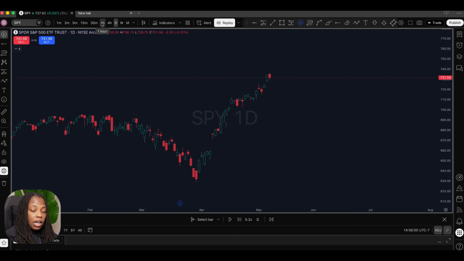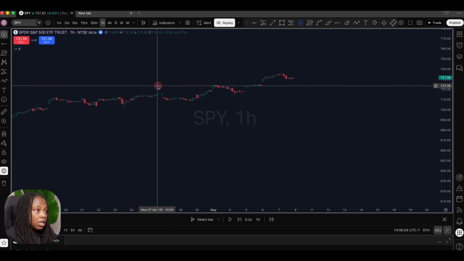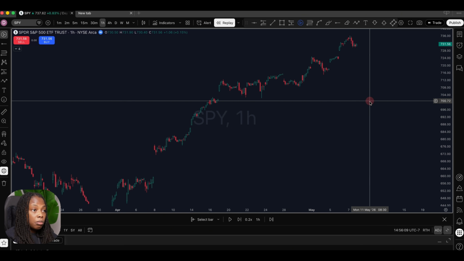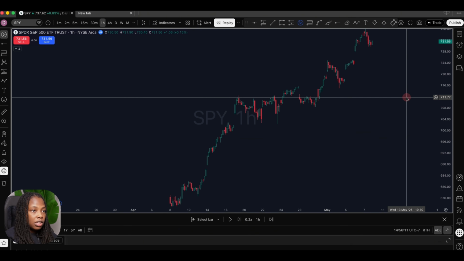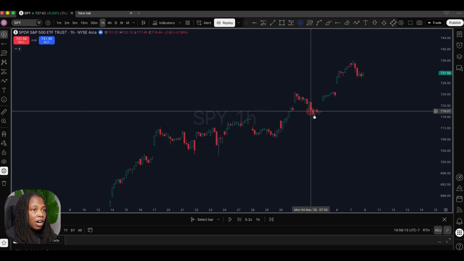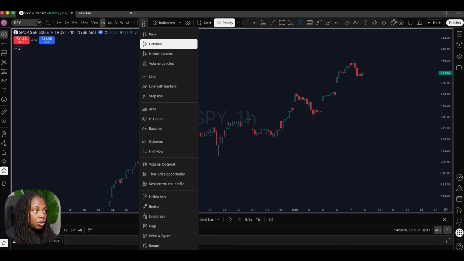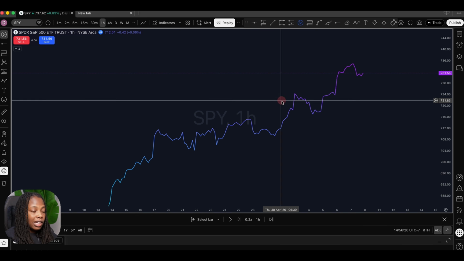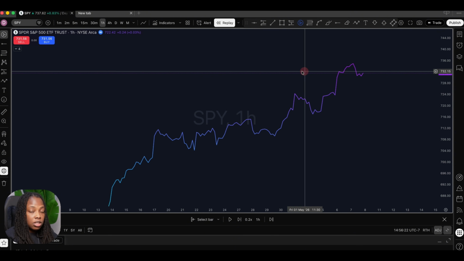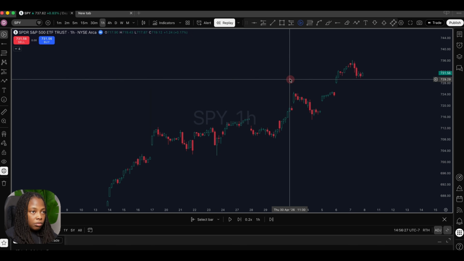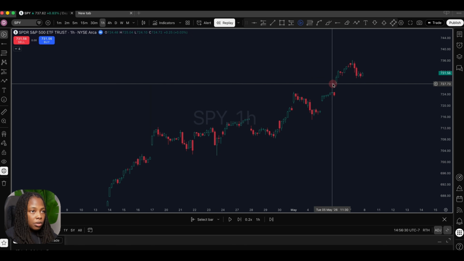Now that we're able to answer the question, what is the trend, we want to move to the hourly time frame where you can then do your analysis on market structure and get your key levels. If you have a hard time looking at candlesticks, you're a beginner, you don't really know what the trend is, you can go from candles to line and you can easily tell this is an uptrend. Now switch back to my candles and you can see that we had